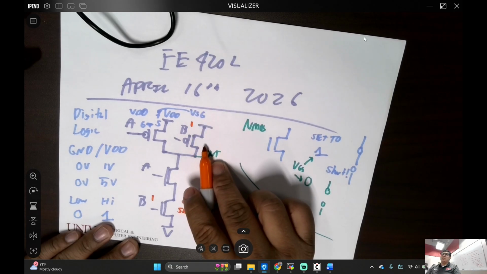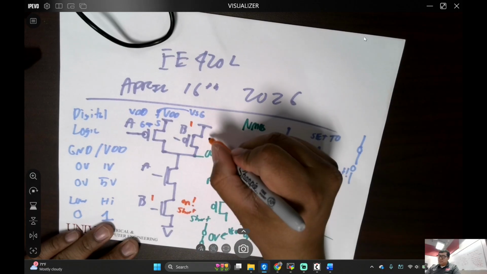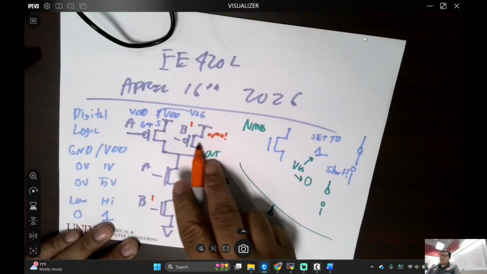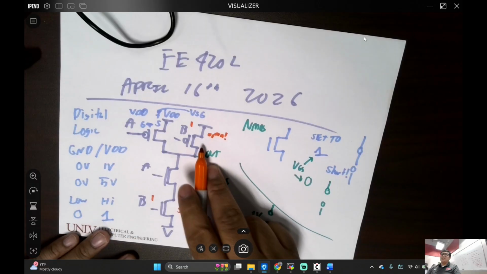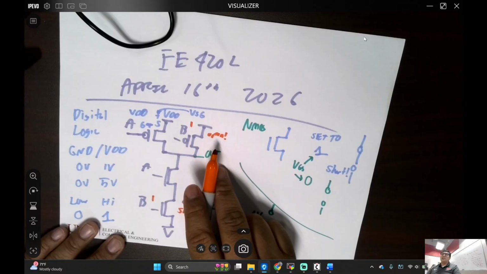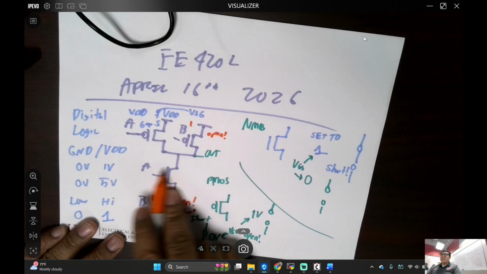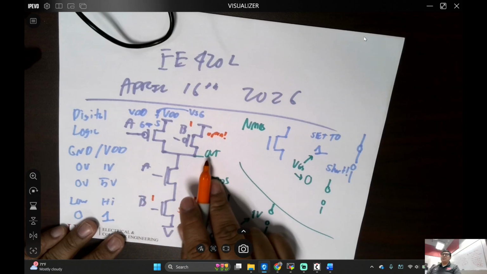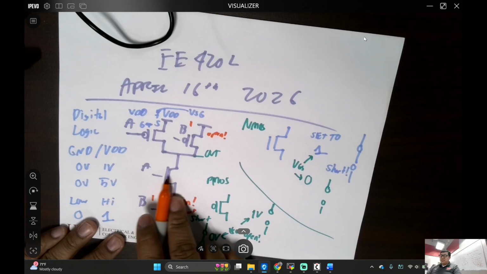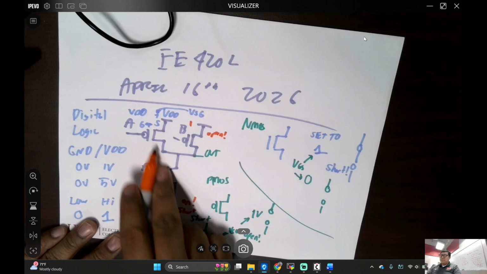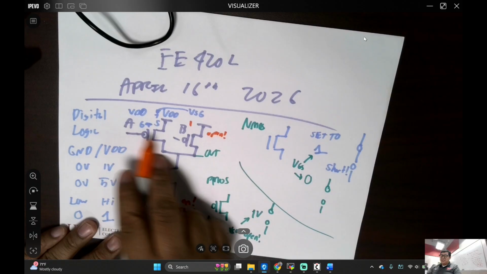But if there's a 1 right here, right? What happens to this PMOS? It's an open, right? So what does that mean about this PMOS? It's super high impedance, it's an open, doesn't do anything, right? But this does. However, depending on the state of this, we don't know what the output's going to be, right? Because this could be a 0, right? And it's off, so that means if this is a 0, that means this is 0, that means that's, boom,